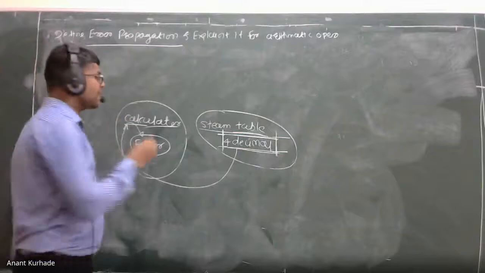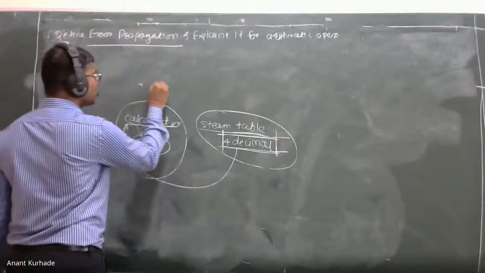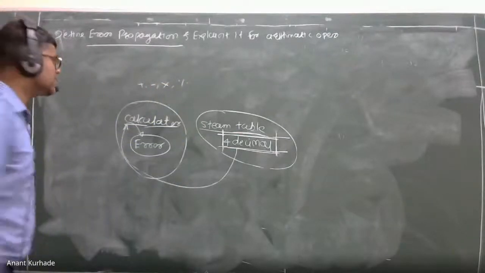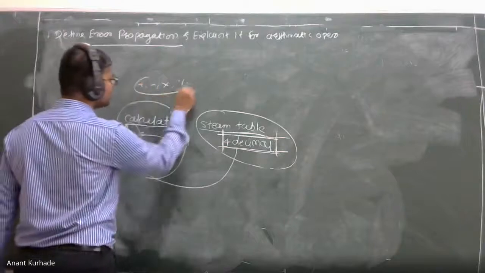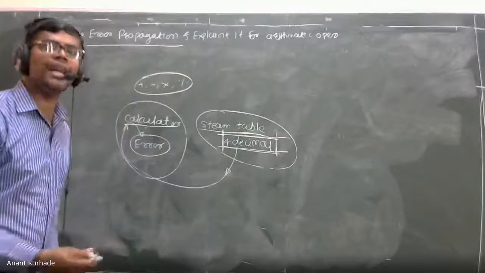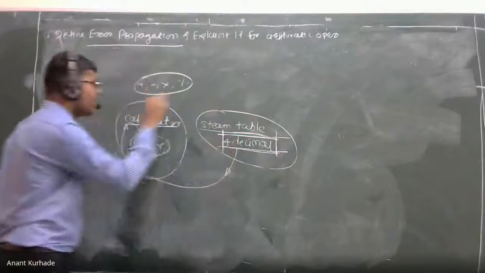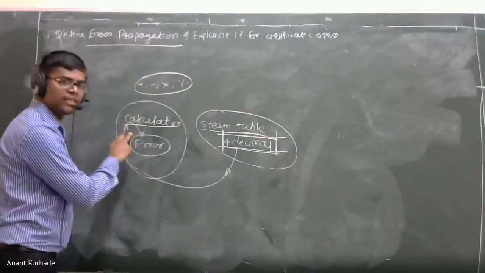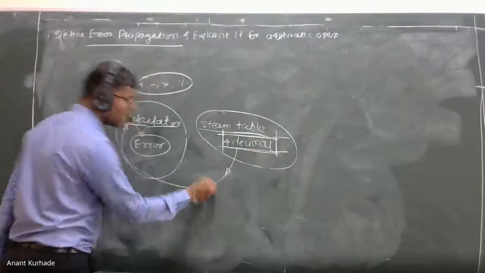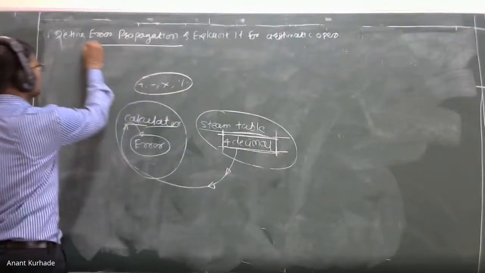So in the calculator we are doing arithmetic operations only: plus, minus, multiplication and division. We are doing only these four operations. While performing them, how will that error propagate, or travel? The steam table already has error, and we find the answer by the calculator, so again we are carrying the same error.